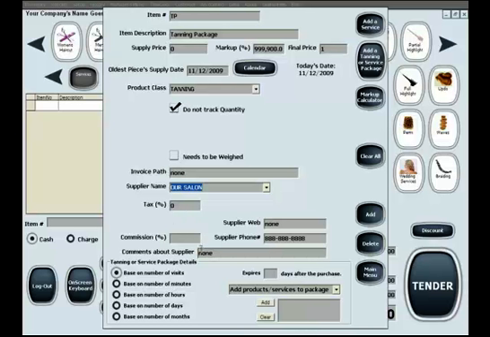Now we need to enter the tanning or service package details. In the beginning, you can see that you have an option for designating what the package's spending will be based on, such as number of visits, minutes, hours, days, or months. In this case, since we're selling a service by minutes, we will select to base the package on a number of minutes. You can choose to have an expiration date for the package by inputting the number of days after the purchase that the package will expire on, or not to have one by leaving the respective field blank.